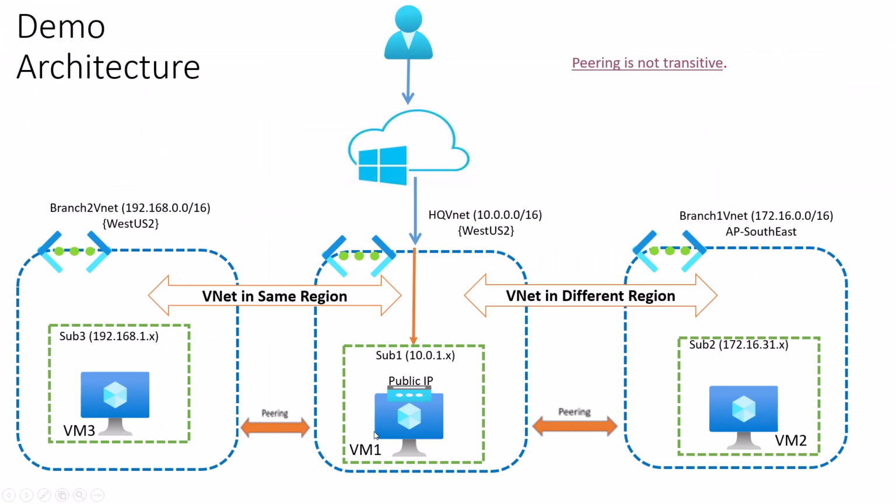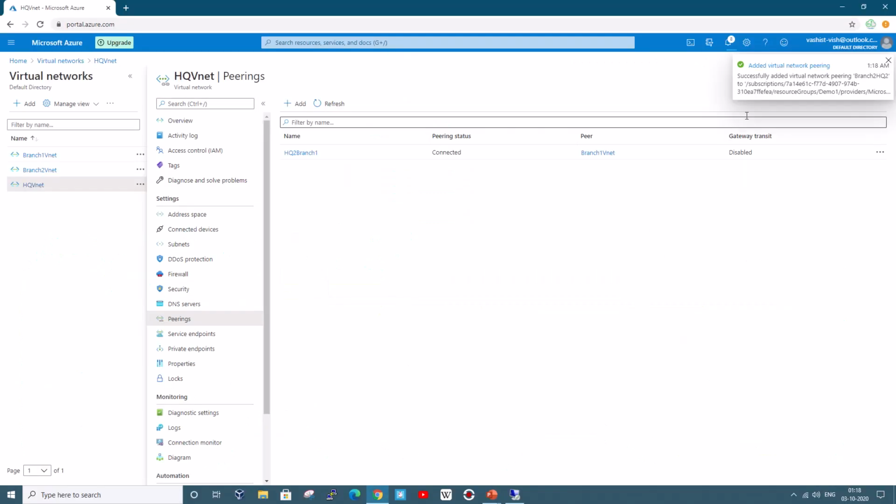So this is going to create a peering between my VNets in the same region, and now we would be able to communicate between the VMs. You can see that the VMs can talk to each other. It's added. Refresh it, and it will start showing connected. You can see headquarter to branch 1 is connected, and headquarter 2 to branch 2 is connected. And if I go there,